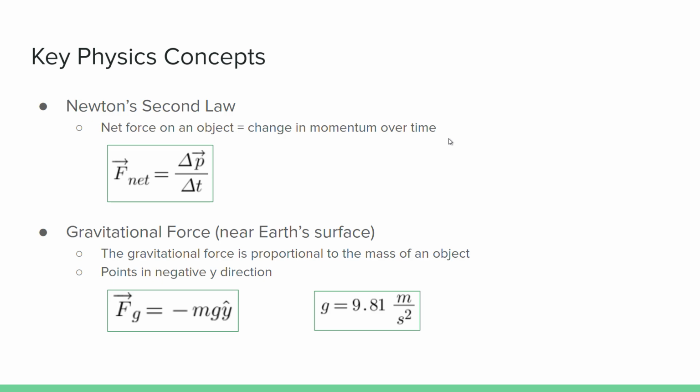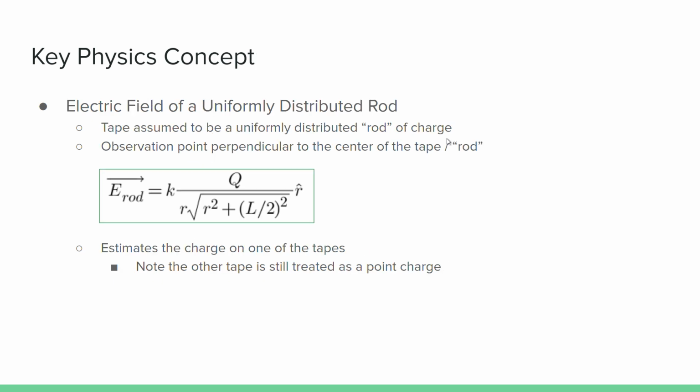Another key physics concept involved in this lab was the electric field of a uniformly distributed rod, as the tape is assumed to be a uniformly distributed rod of charge, and the observation point is perpendicular to the center of the tape/rod. This equation estimates the charge on one of the tapes, but we note that the other tape is still treated